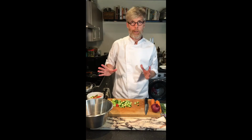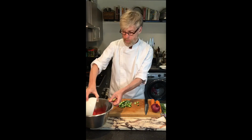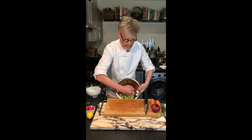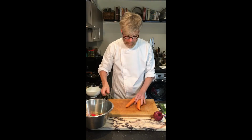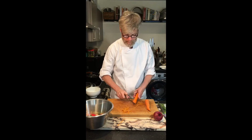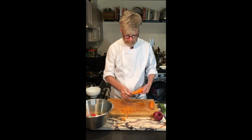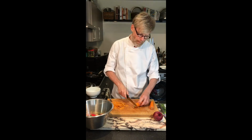Okay, so I think we're going to need a bigger boat. So let's add all of these to this bowl. Next are the carrots, and just going to peel these. And then just trim